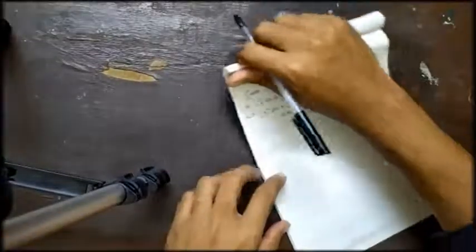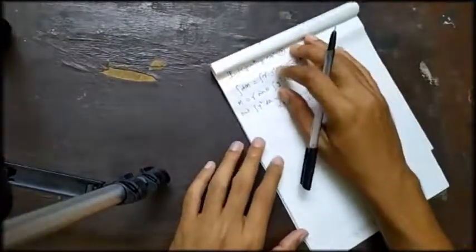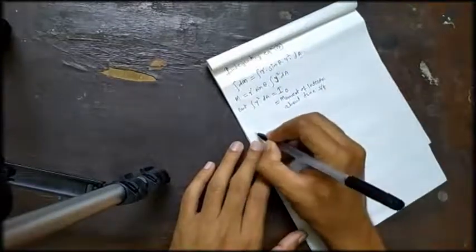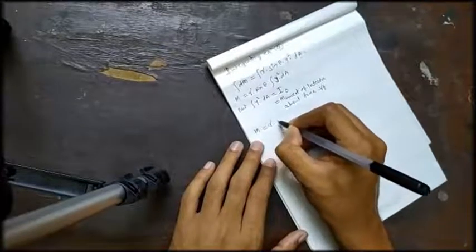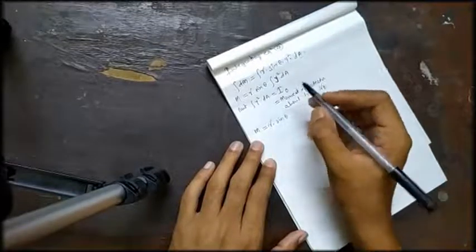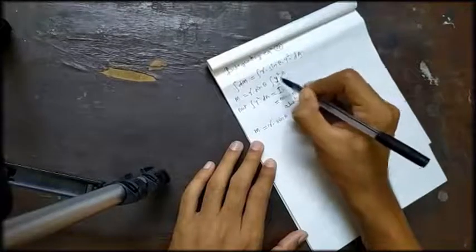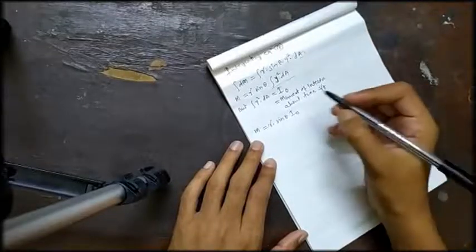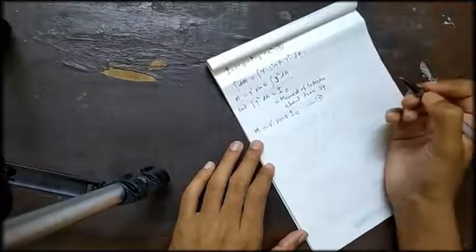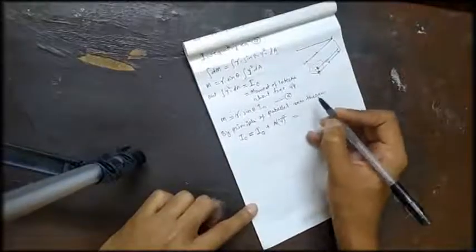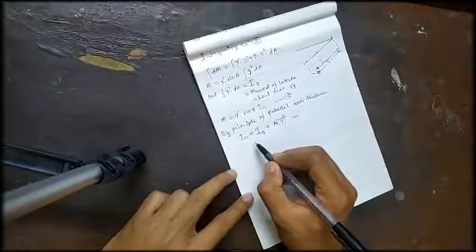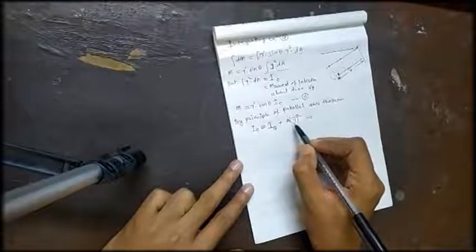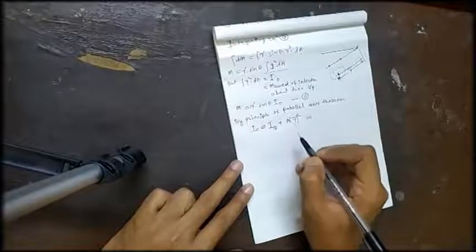So moment of inertia about this O point for the complete strip that we can find out, okay. So that is nothing but moment of inertia about the free surface, okay. So that's why our equation of moment becomes gamma into sine of theta as it is. And now instead of this integration of y square dA, we will take this IO, okay. So this is our equation number 5. So by principle of parallel axis theorem, we can write this equation, that is IO is equal to IG plus A into y bar square, okay.